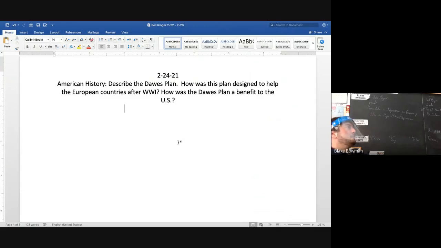All right, so the Dawes Plan, what was it? What was the Dawes Plan? How did this come about? Schultz? It was the U.S. lending money to Germany, who would use it to pay off the reparations to France and Britain from World War I. Good. So that they could rebuild their economy, and then they would buy U.S. products, which was